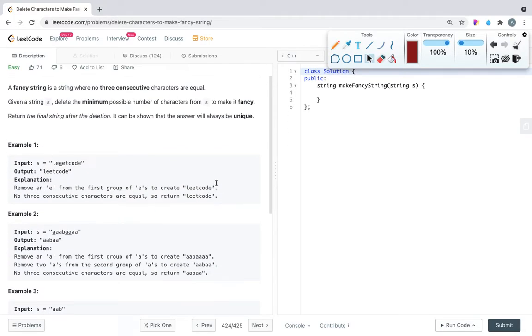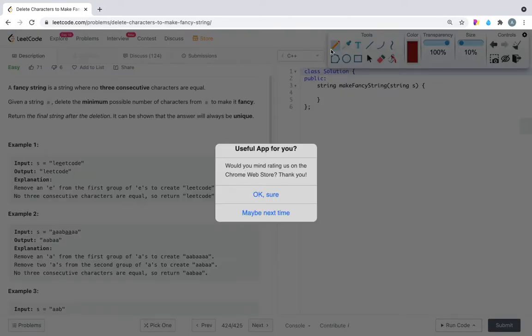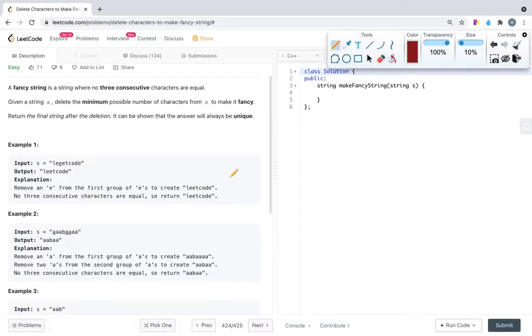So what we will do is create one output string, that will be of type string, and we will initialize it with an empty string. Now we will compare three characters of the string using some variable.